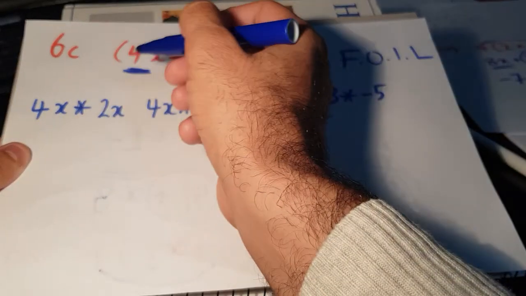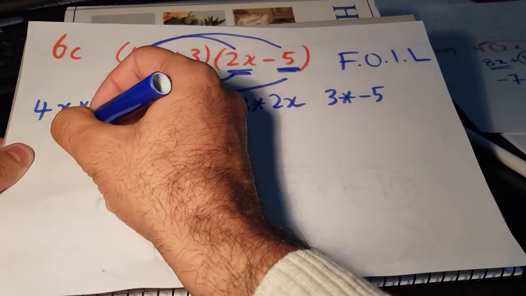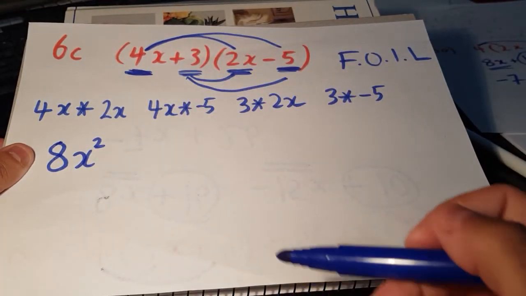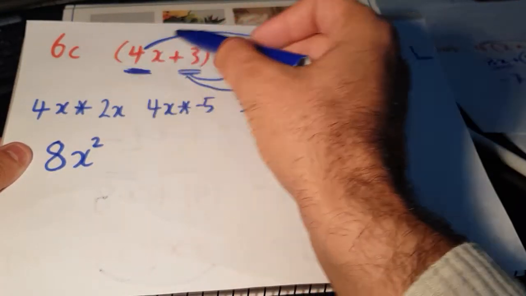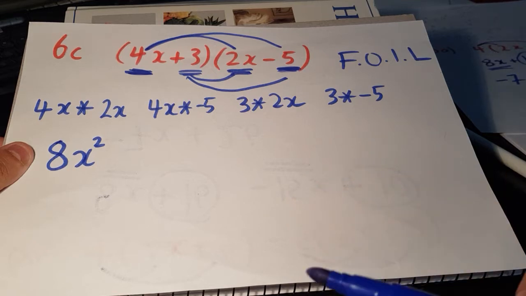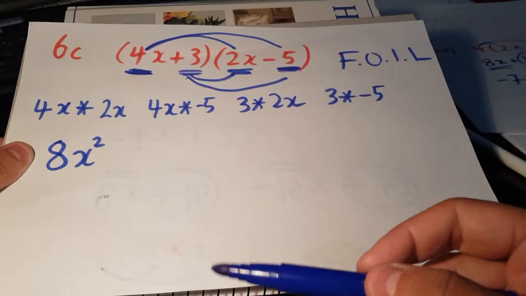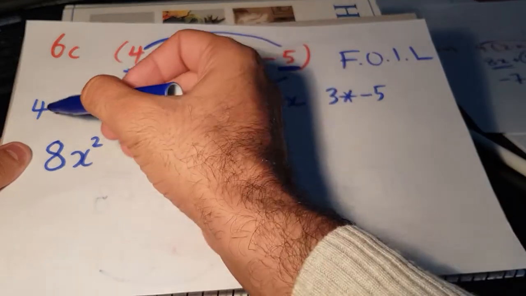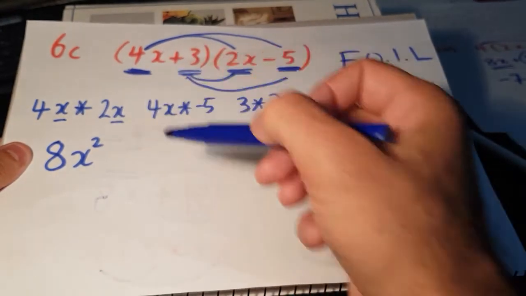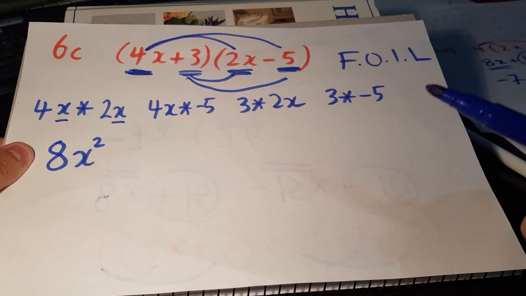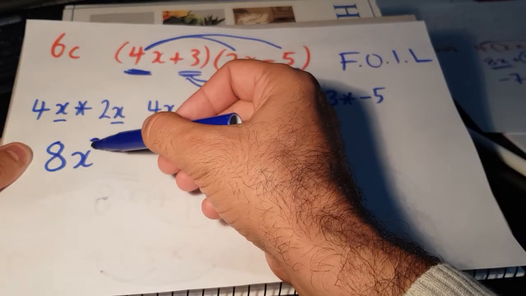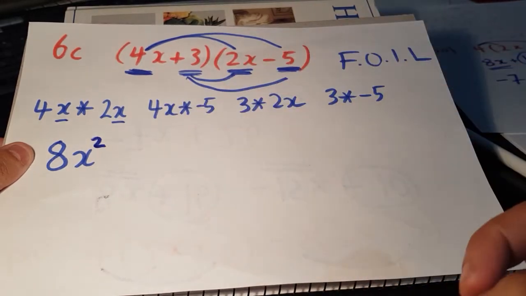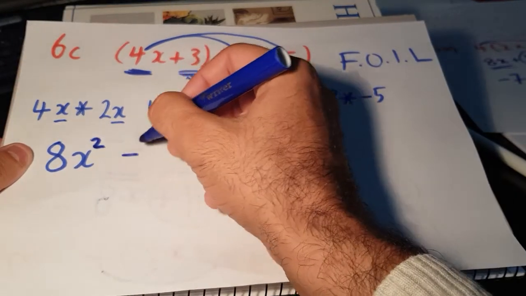So what's 4x times 2x? It's 8x squared. I've noticed that most of the students get this question wrong. Why? Because 4x times 2x, most of the students will probably write 8x. But they have to bear in mind that there are two x's here. So it has to be x times x, which is x squared. Very important. Now, 4x times negative 5 is a minus